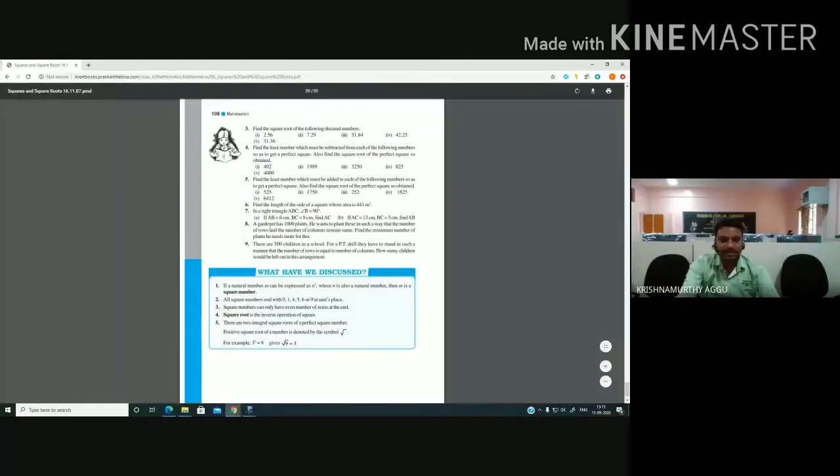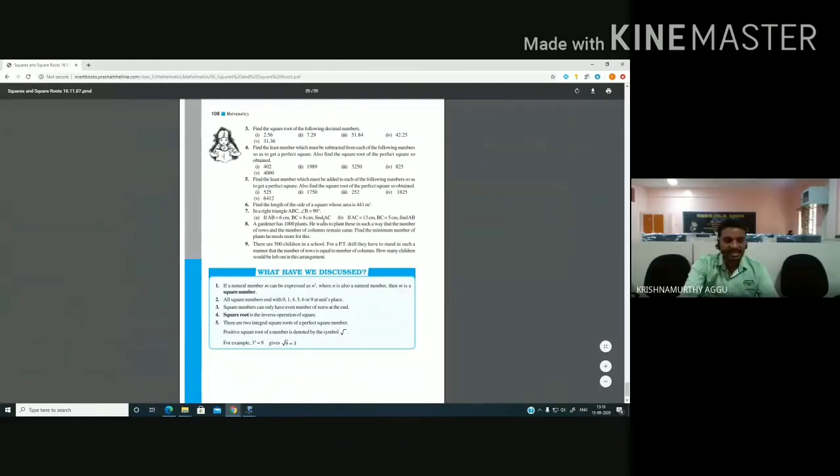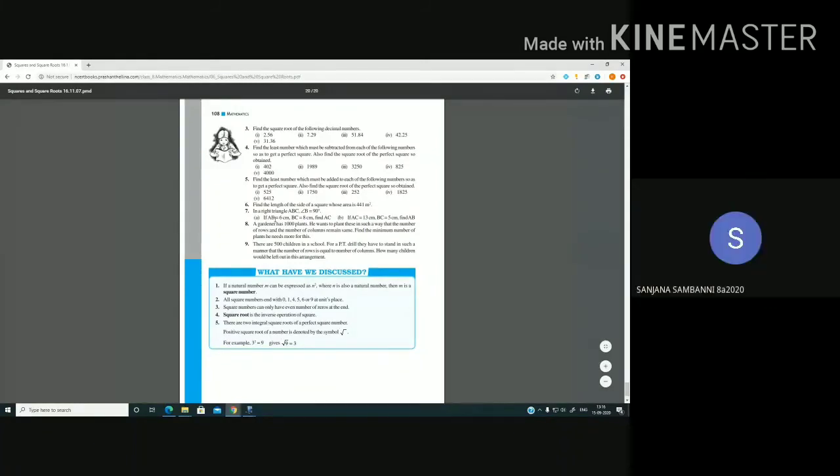Look at this one. This one also you can do in the same way. Seventh question, AB value is given, BC is given, and they are directly asking us to find AC, the hypotenuse. No need of transposing and all. Since it is an easy question, I wanted to give this one as your homework. Can you do it? Yes, sir.